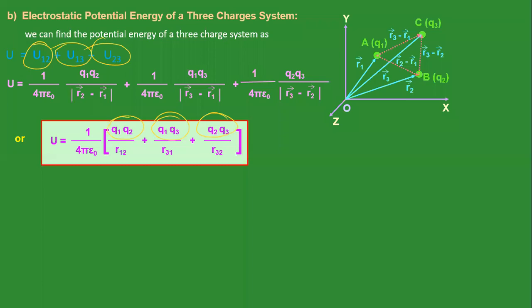So you can see here the distances. Between 1 and 2, between charge 3 and 1, and the distance 3 and 2, or you can write it like this between 2 and 3. Both have the same meaning. Or we can write like this also. Anyways, you can remember it for problem solving.